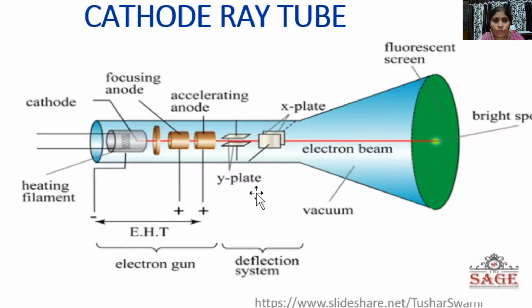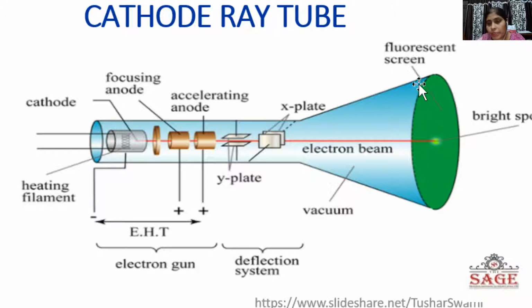Now this is the cathode ray tube. We have already seen the cathode ray tube, but I want to discuss it in brief. See here, the filament is connected here. This is the cathode. A cylindrical cathode is used here. This cylindrical cathode is connected to the negative terminal of the supply, and this one is the pre-accelerating anode, then this is the focusing anode, this is the accelerating anode, this is the vertical deflection plates, that is the Y plate, this is the horizontal deflection plate, that is the X plate, and this is the phosphor screen.